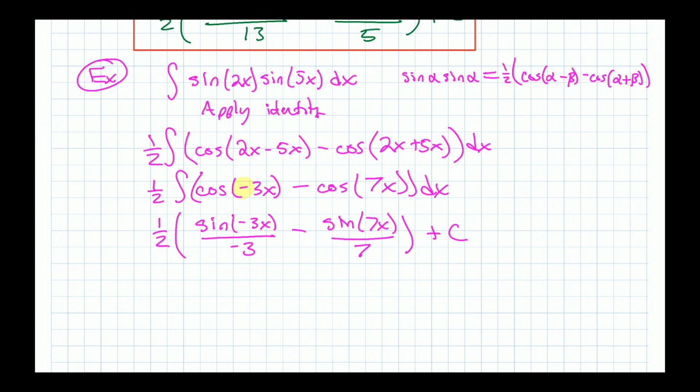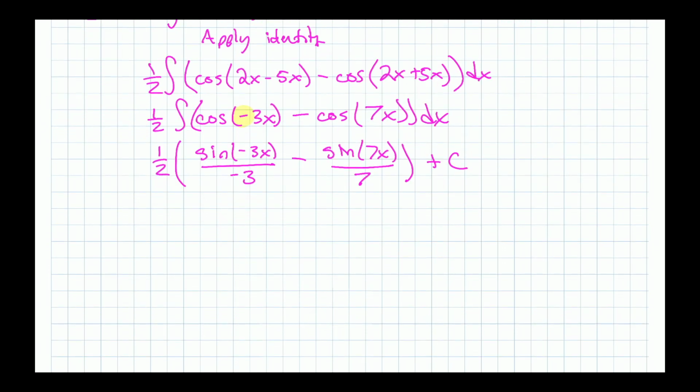And you feel like you're done, right? I'm going to multiply this out. So you feel like you're done when you see sine negative 3x over, I guess, 6, and it's negative. And then minus sine 7x over, looks like 14 plus c. So you have this, and you think you're done, but they don't really like this, having that minus sign inside